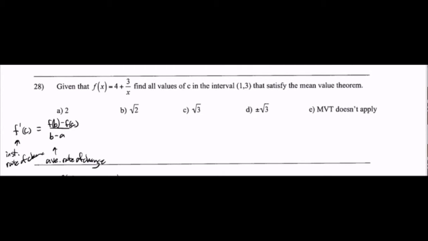Okay, so this says we know that f is, find all the values c. So we're looking for the c's, that's these guys, on this interval that satisfy the mean value theorem. So this interval, that's a, that's b. Those are your endpoints, 1 and 3. So let's set it up. Here we go. First, we're going to need the derivative of f. So f prime is going to equal